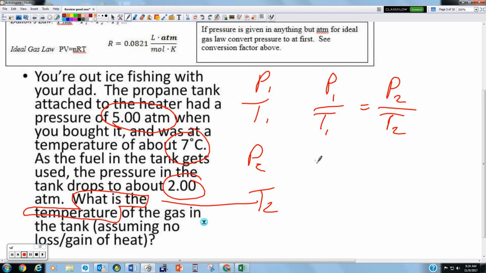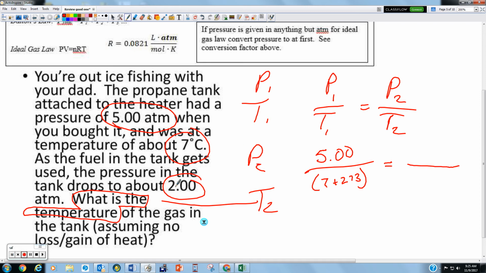I can set it up however I want, but I'm going to start with 5 atmospheres being my P1 over 7 degrees Celsius. Always convert to Kelvin, so it's going to be 7 plus 273